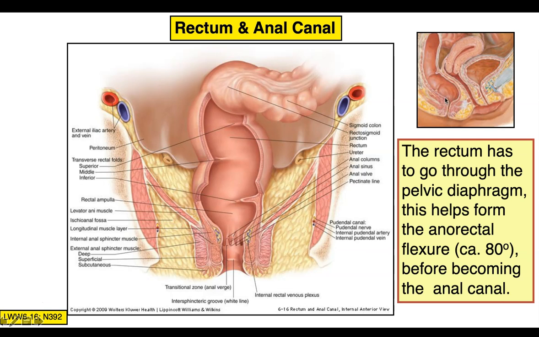And this angle in between the rectum and the anal canal is called the anorectal flexure. Anorectal flexure, and this angle is approximately 80 degrees. And at this junction of the rectum and the anal canal, these pelvic diaphragm muscles, see, in my previous lecture